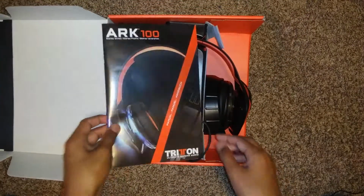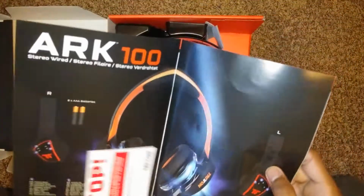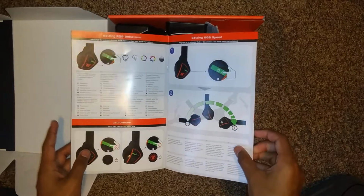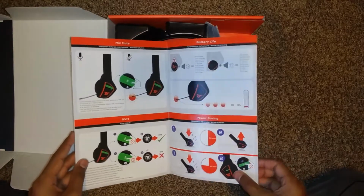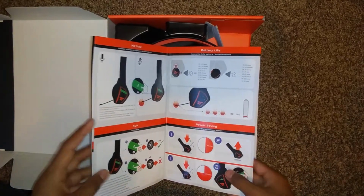All right. So first glance, you have the manual. I highly recommend you guys read this. This has a lot of good information, and you will learn a lot of stuff. Right here it has a section about warranty or something. It includes AA batteries, which is awesome. It shows you how to set it up and do the lights properly, how to turn them on, the speed of the cycle, how to mute the mic, and power saving,